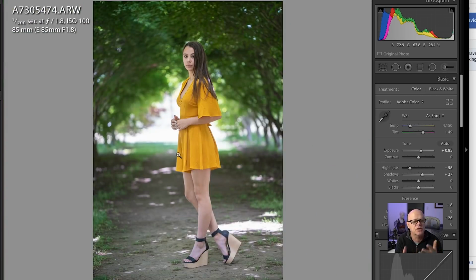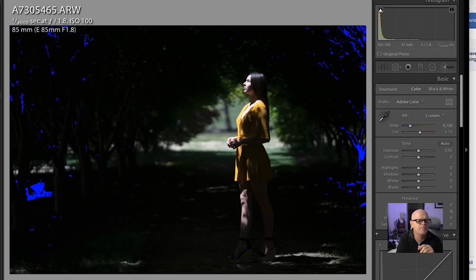Do obviously a little bit of skin softening, frequency separation and things like that. But it's a lovely start. So that's one way you would tackle this, just moving Kiara out of the sun and then exposing everything for the ambient. But I thought that I'd show you in this case something a little bit different, where I've exposed